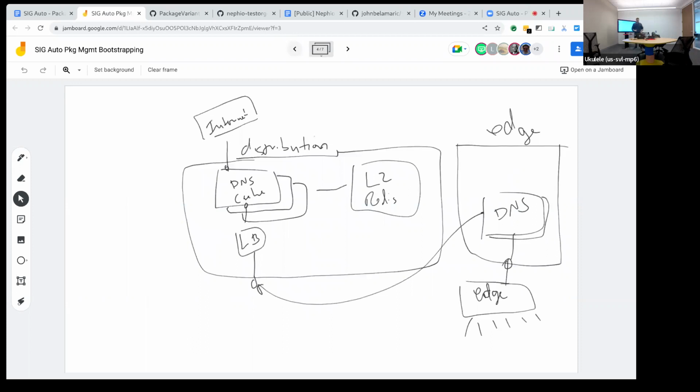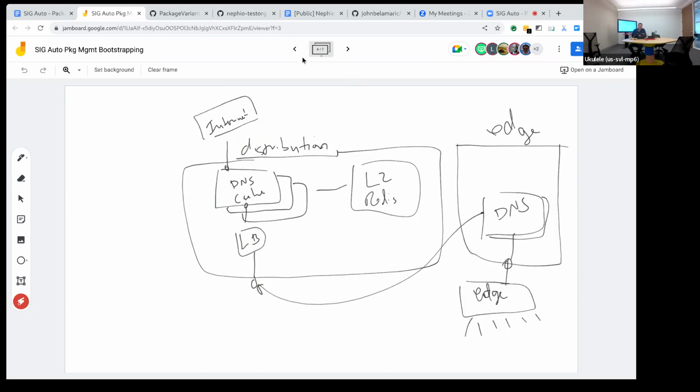So if we go back to this diagram, what you can see is that this whole distribution thing is actually deployed as part of deploying that package variant set. This load balancer IP, let's pretend for a moment that that's done via a load balancer service in Kubernetes, is actually allocated dynamically by the cloud provider, and we don't know what it is.